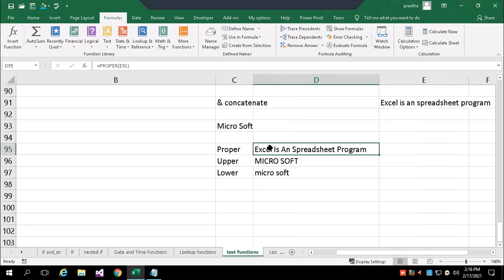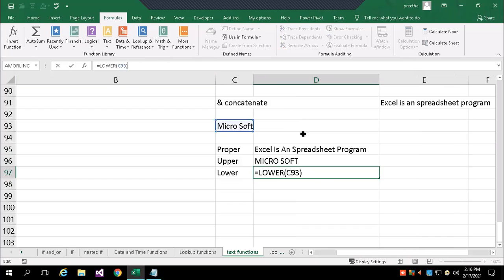So this is proper case, this is uppercase and lowercase. For all these three functions, I used the equal symbol, the function name, and within parentheses I gave the cell address. You can type the data directly, or you can give the cell which contains your data. Right now I'm in the 93rd row, so C93.